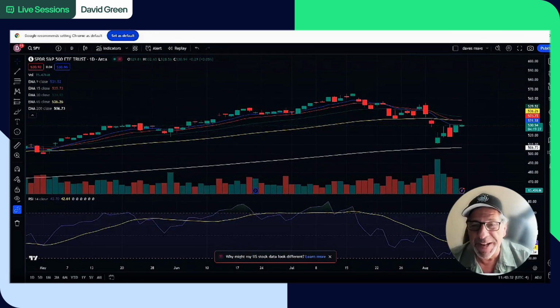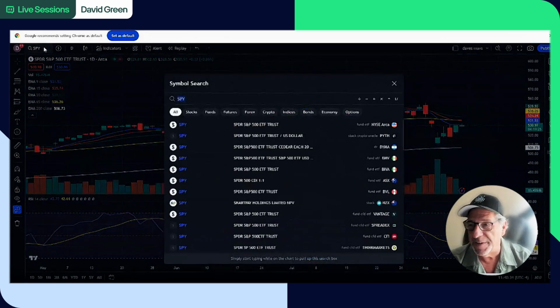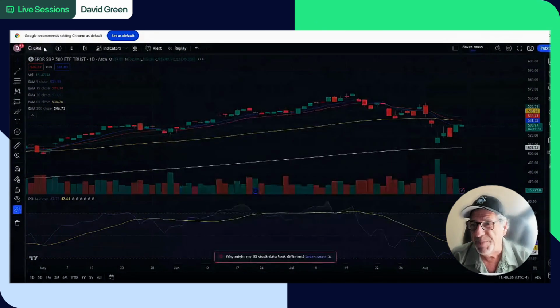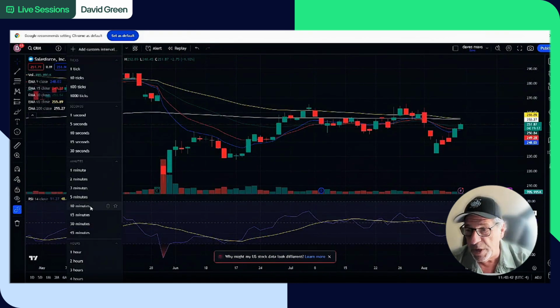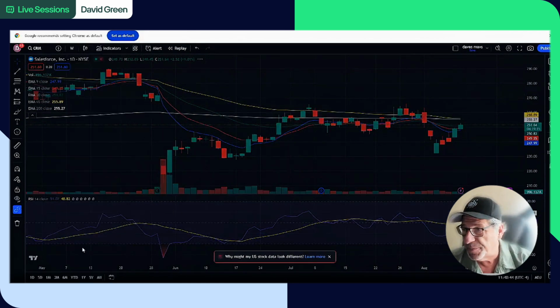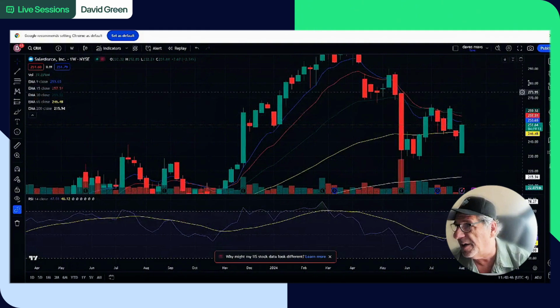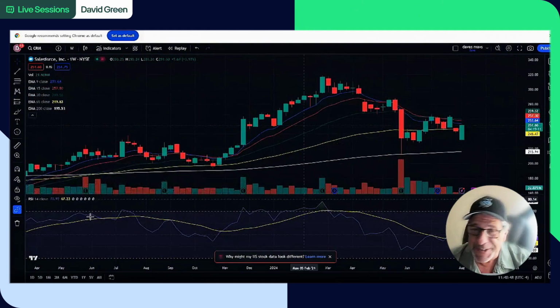So, again, I want to show you guys a stock. Most people probably know what this is. It's called Salesforce.com, CRM. Let's see if we can get a weekly chart up of this. Here it is. So check this out, guys and girls. These are the kinds of patterns I look for a reversal on a longer term time period.